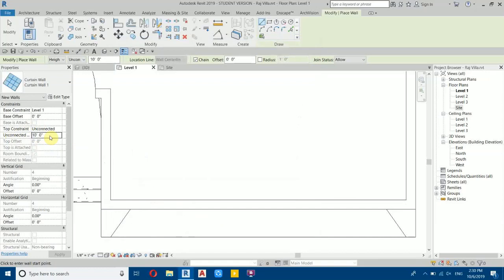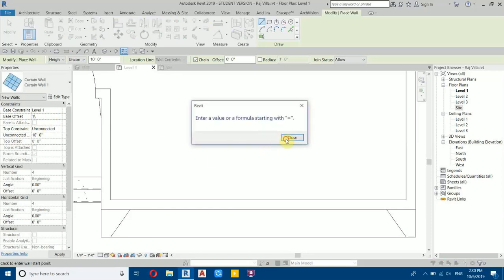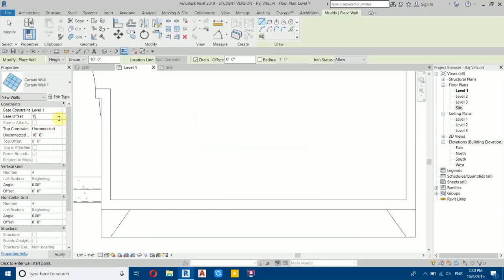the unconnected height, let's change it to 6 feet or maybe 11 feet, or let's try 10. We will adjust this later on if it's too much. So for the base offset we need to go for 1 foot. Now just draw a curtain wall here like this, maybe at around 7 feet 6,